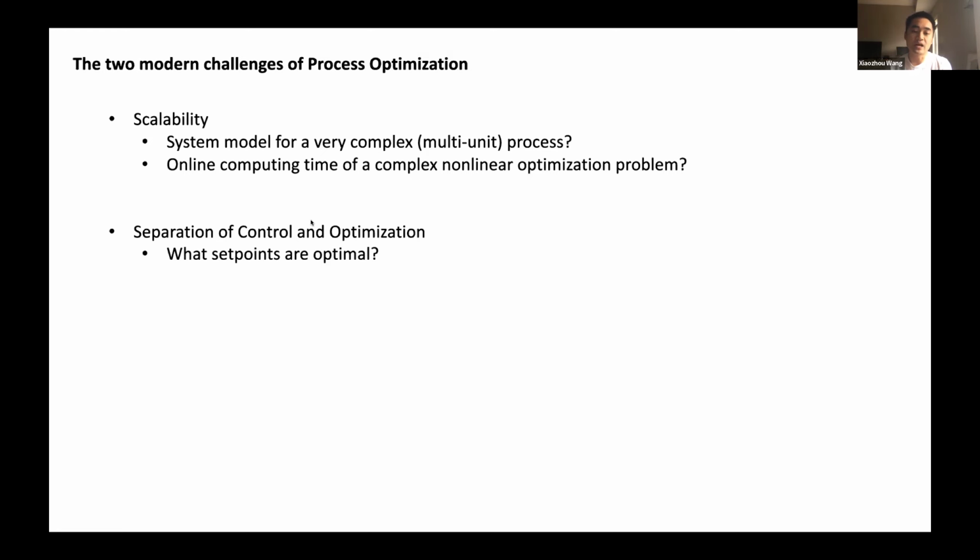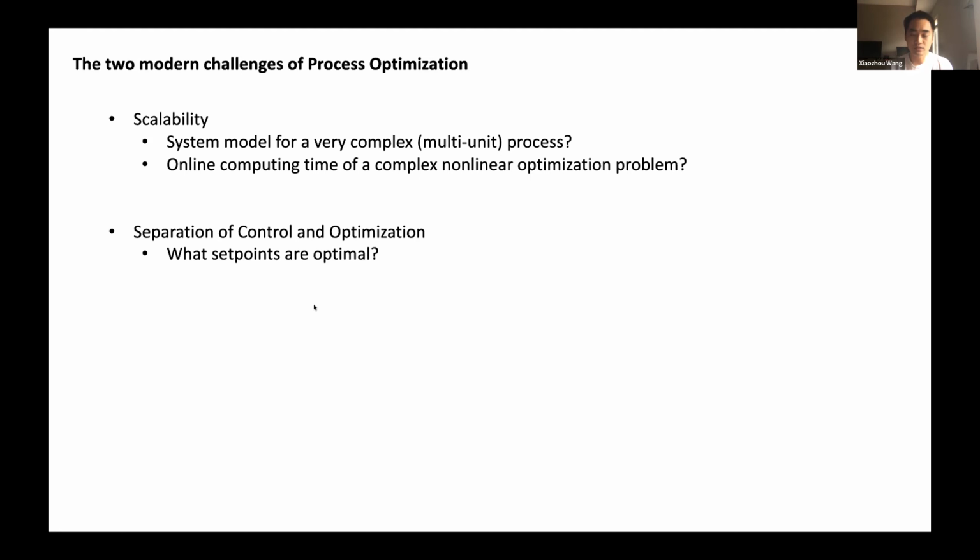And secondly, process optimization for most of the time is actually just about control, like Russ said, not optimization. That is, it separates control and optimization, and you need another layer to optimize for any given economic objective. For example, how do we actually come up with the best set points for all the control parameters for MPC that maximize yield, for example?